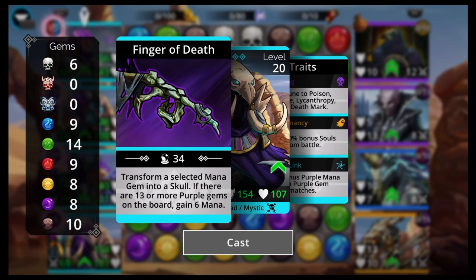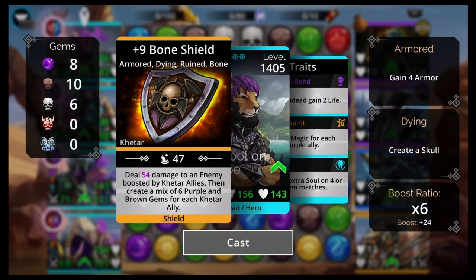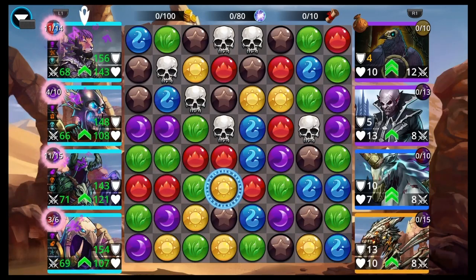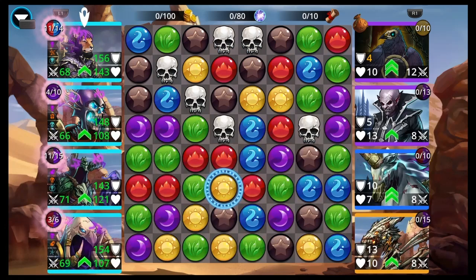If there are 13 or more purple gems on the board, gain 6 mana. And I'm hoping there's 13 or more purple because of the weapon up here, making purple, boosted by Keytar allies. Or I guess it only... Yeah, it does. It does extra. So hopefully there's more than 13 purple on the board after we cast that, and then we'll get an extra turn here. Or gain 6 mana, same thing pretty much. Almost. Not as good as an extra turn, but you can use it again the next time. So it doesn't matter that it's fully mana blocked. And it's only 6 mana cost, so...